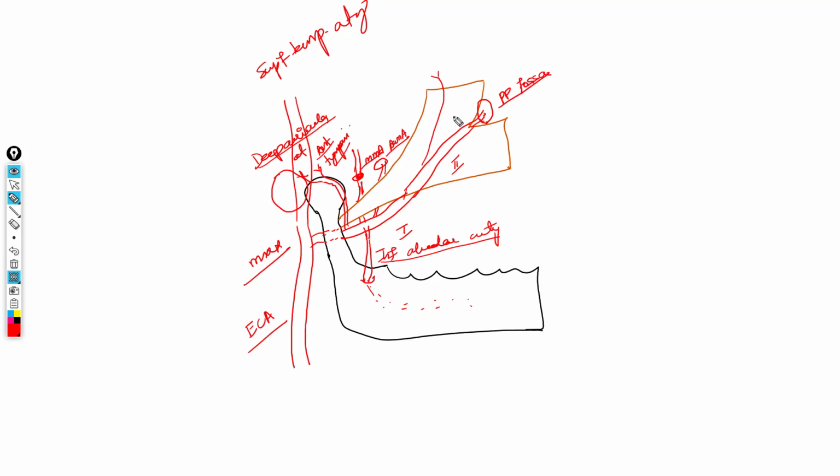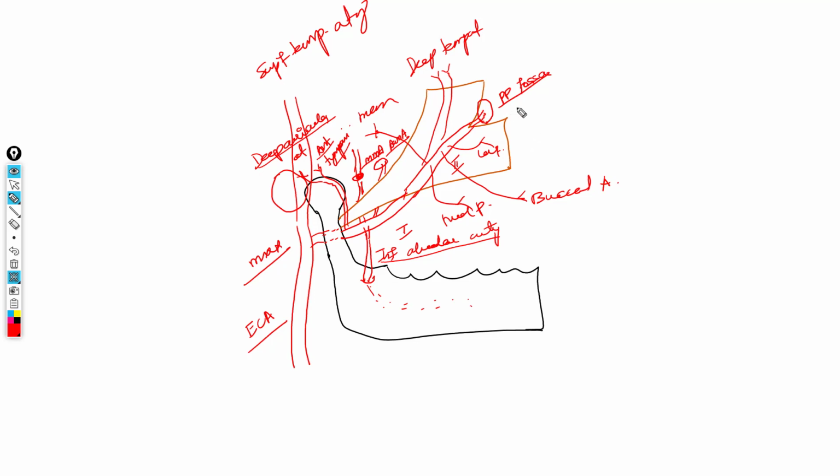One is the deep temporal artery supplying the temporalis muscle, and it gives branches to the lateral pterygoid, and it also gives branches to medial pterygoid, and gives masseteric branch, and one more sensory branch from the anterior mandibular nerve we have seen. What is that? Buccal nerve, right? So the artery accompanying that is the buccal artery. So deep temporal artery, artery to the lateral pterygoid, artery to the medial pterygoid, masseteric artery, and the buccal artery. All these are branches of the second part of the maxillary artery.